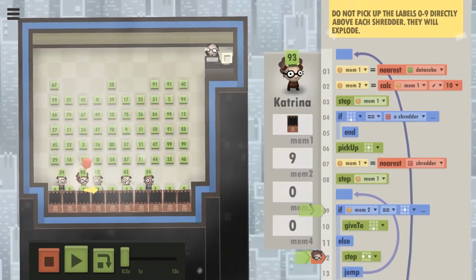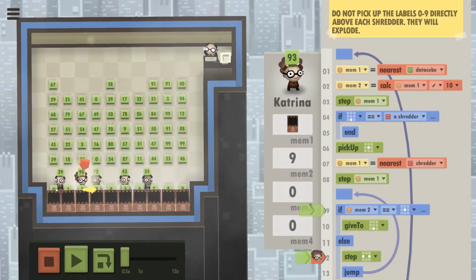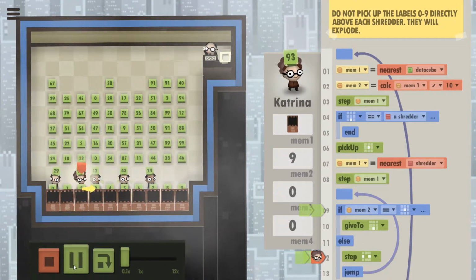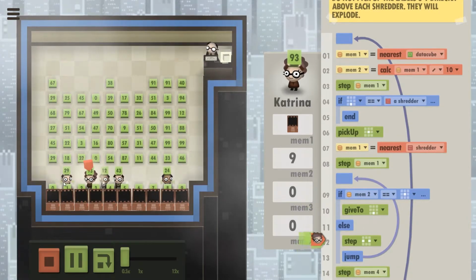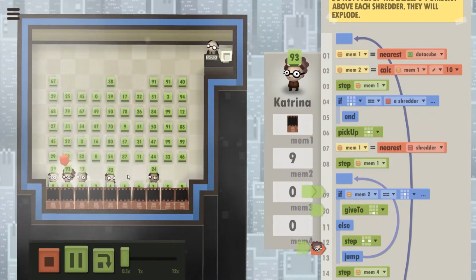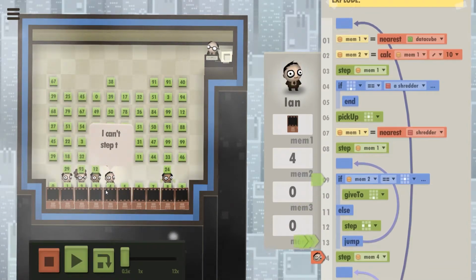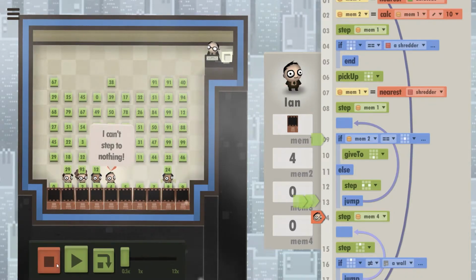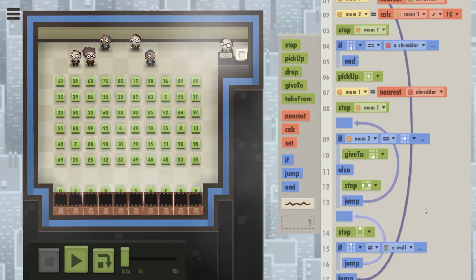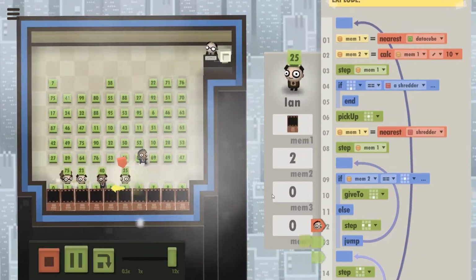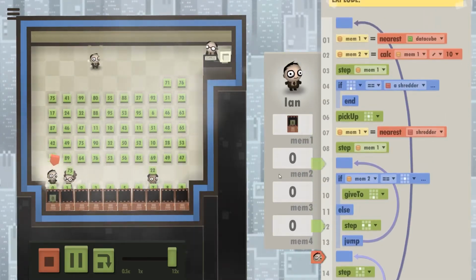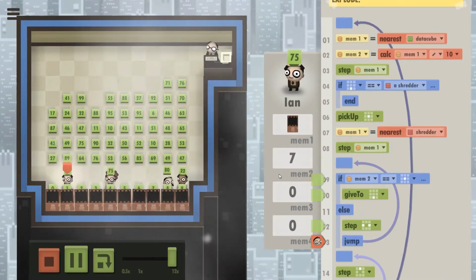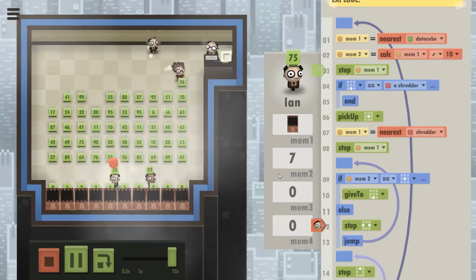So this person needs to get to 9. And that might take them a little while. This person might get to 2 soon. Okay, they found 4. I don't know what they're attempting to step to. Oh, I still have a Mem4 step. I can just remove that. Now this will work just fine. I mean, insofar as I have this